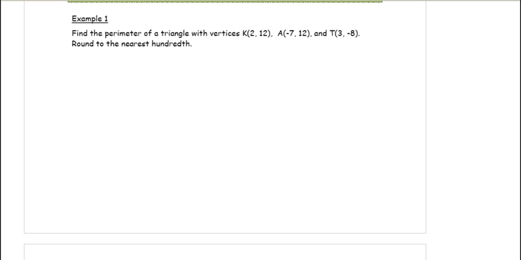So we want to find the perimeter of a triangle with vertices K, A, and T. Okay, so give yourself a picture. It doesn't need to be perfect with the coordinate plane, so just simply draw some sort of triangle. It doesn't even matter where K, A, and T are. It doesn't have to be correct in terms of what quadrant it would be and all that. So K is 2, 12, A is -7, 12, and T is